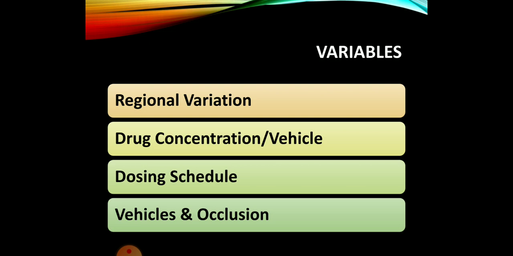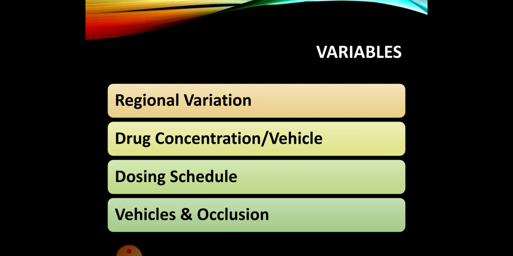The dosing schedule depends on how many times you are applying a certain drug. You may apply some kinds of antifungals twice daily via the topical route. Some topical preparations may be used once daily, like luliconazole, whereas clotrimazole and miconazole, which you have used in your prescription, are used as twice daily formulations. So the dosing schedule is going to be different for different drugs, and on the basis of that the effect of the drug will vary between different individuals.